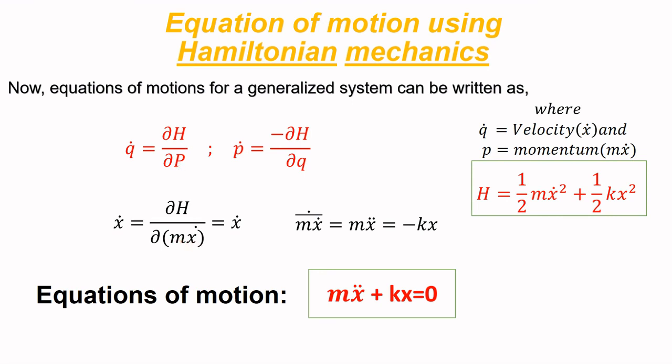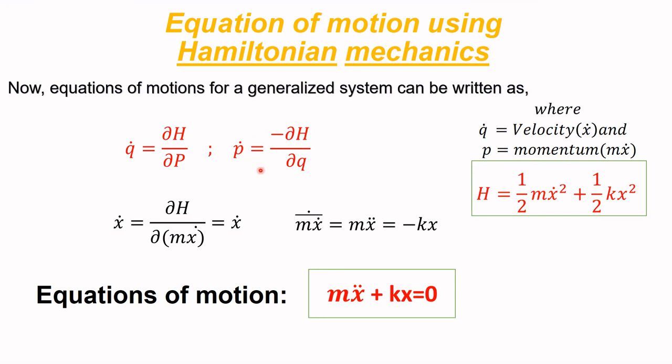For ∂H/∂p, I will write the value of p as mẋ. This is the Hamiltonian H written over here. When I find its derivative with respect to mẋ, I will get ẋ. In the second part, I have the derivative of momentum. Momentum is mass into velocity, so when I find its derivative, it will come out as mẍ,